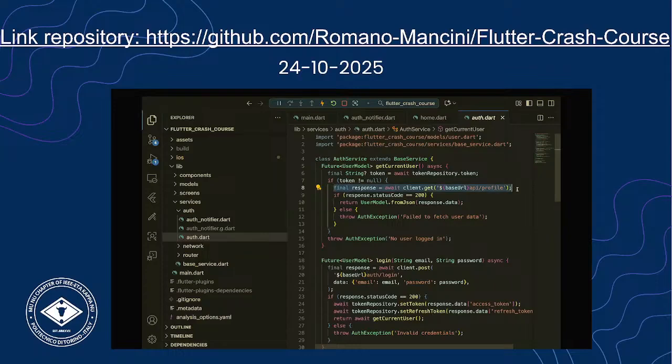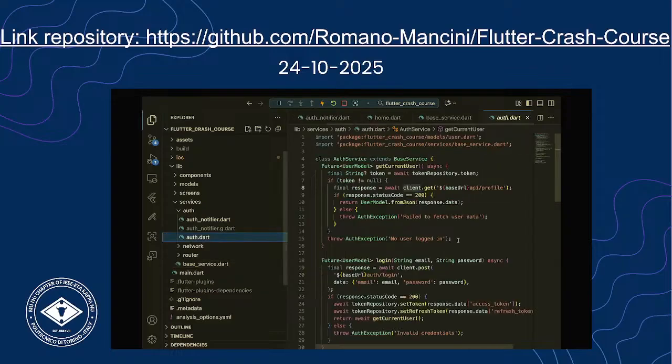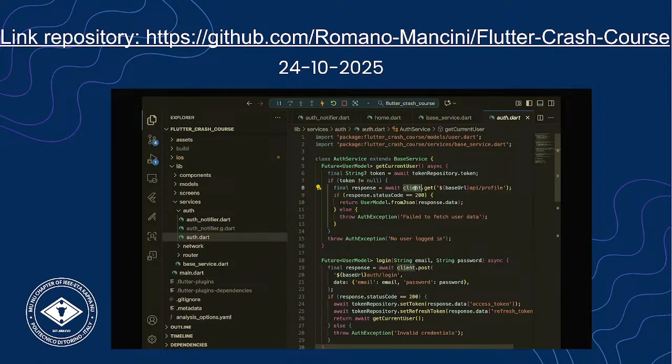So client, which is defined again in the base service, there you have it. .get because we are using a GET HTTP method. Otherwise, we can use post as in the login. So what is going on under the hood? Under the hood, our client is putting together all the stuff that I said, so the base URL,